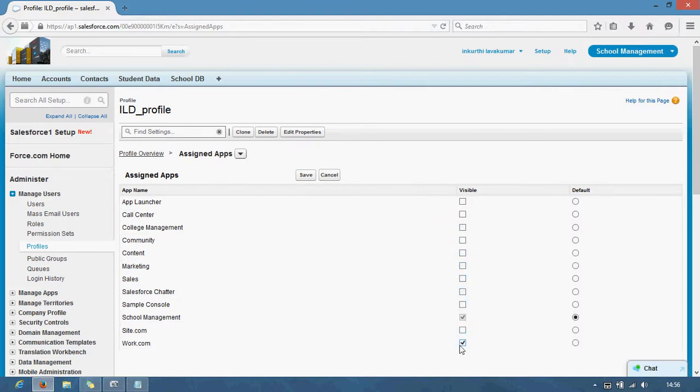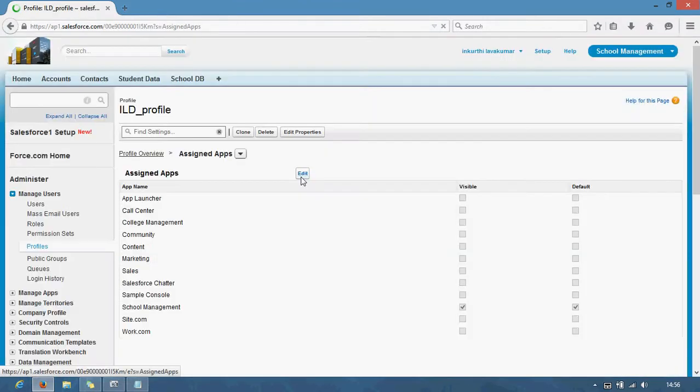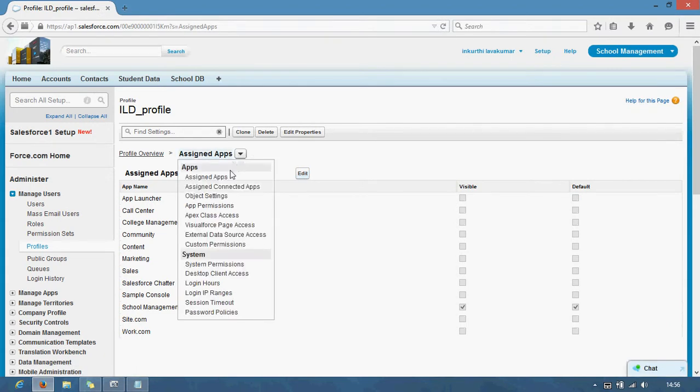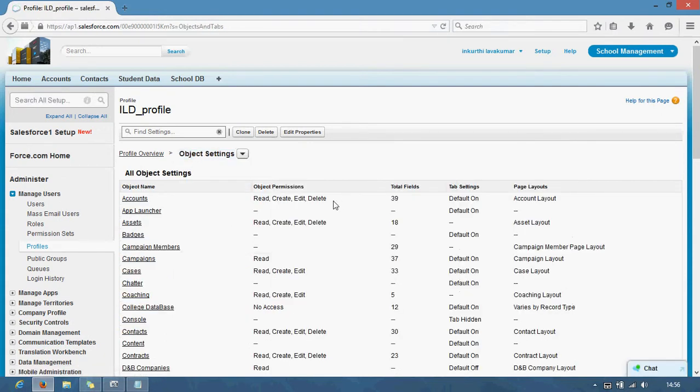Next, here we have another thing. In the list, you can see Object Settings. Click on Object Settings to choose which objects have to be enabled. I will choose Accounts and click Edit. You have to consider everything here: default on and default off.